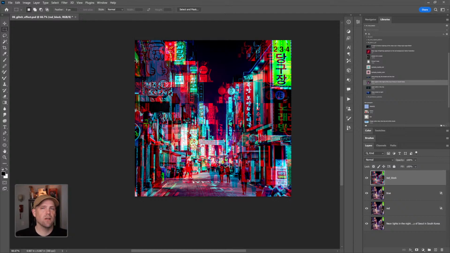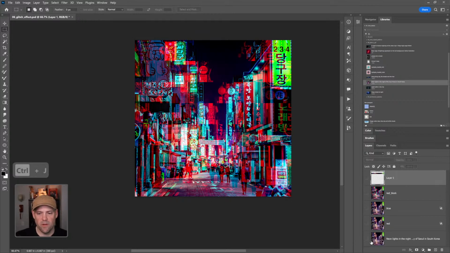This is going to sort of simulate an old VHS when the screen would roll down through the scan lines and some things would pop in and pop out. If you start from the top, just make something that looks interesting. I like how this sign juts out like that right here. I'm going to press Control or Command J, and it will make that copy for me. If I turn all these off, you'll see that's a copy of that. And then select your red block again, and I'm going to make like 4 or 5 of these. I'm just going to come down again, Control or Command J,